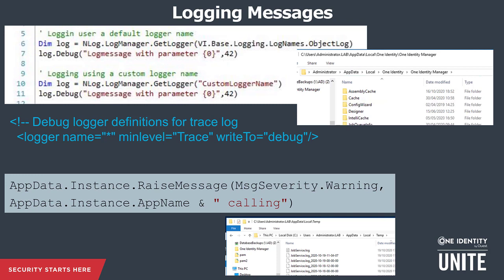Another example of logging natively to the Identity Manager job server log file, job service.log. Handy there to log the application name. You're never really sure sometimes which application context is going to be used. It can be interesting to see the app name. So just a reminder on that one. You can never really have too much logging. I think it's better to have too much than too little.